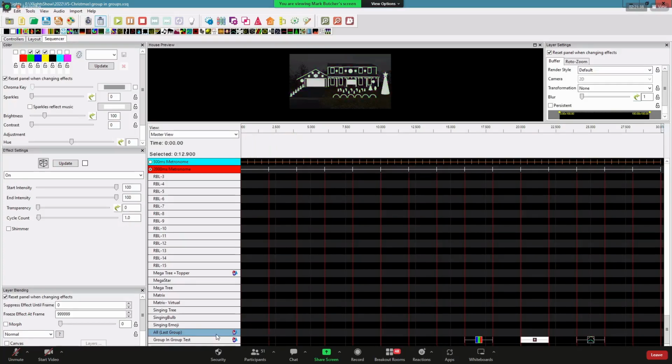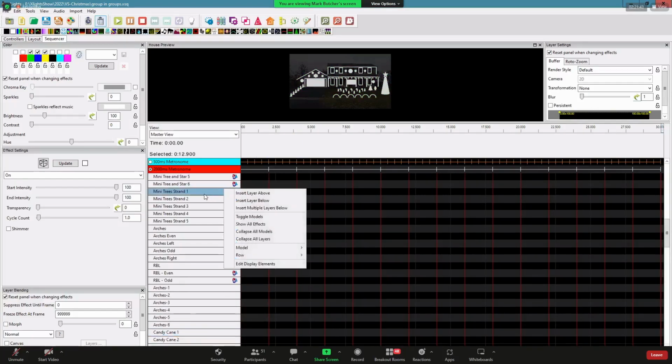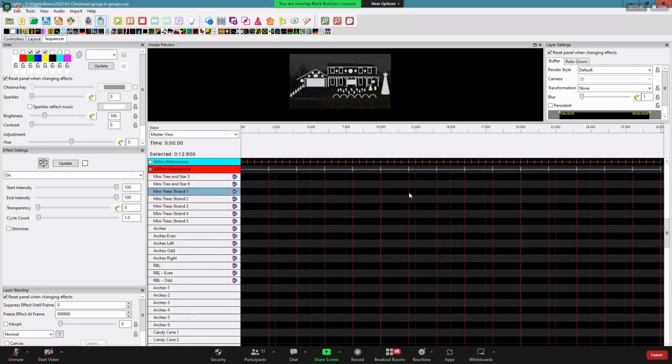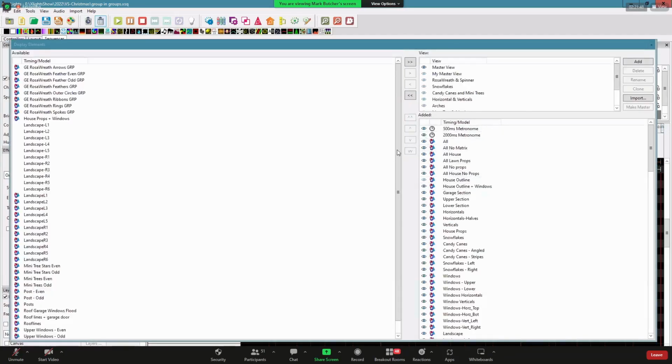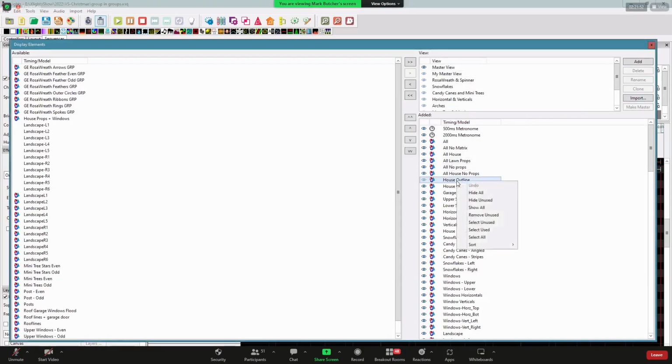You just duplicate it and drop it at your bottom. The way you do that, since we're here, is right click here and go to edit display elements. Generally you can come over here, right click, and sort. Usually we use by name, but groups at top by size is a good place to start. You may want to tweak it a little bit after that, but that's a good place to start as far as setting your master view, is this one right here.